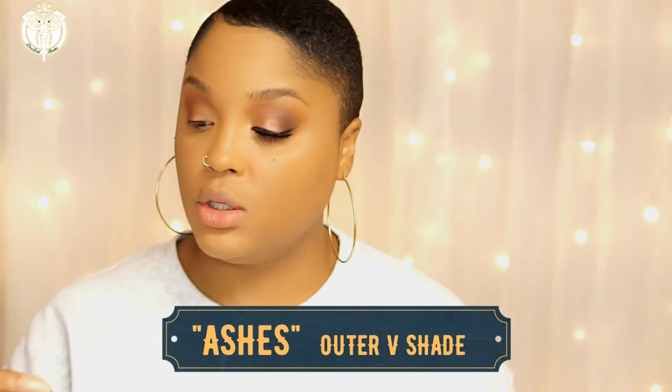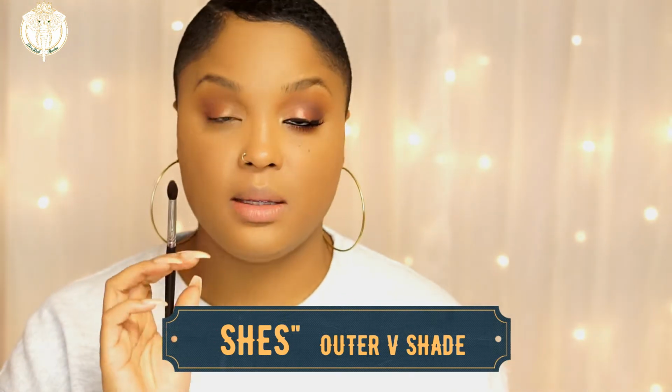Now that I have Cayenne on the eye, the next shade I'm going to go in with is Ashes. And I'm going to use this Sedona Lace EB15 brush, and the reason is because it has sort of a point to it. I'm going to take Ashes on my brush, and Ashes is a deeper berry shade. And I'm going to place this